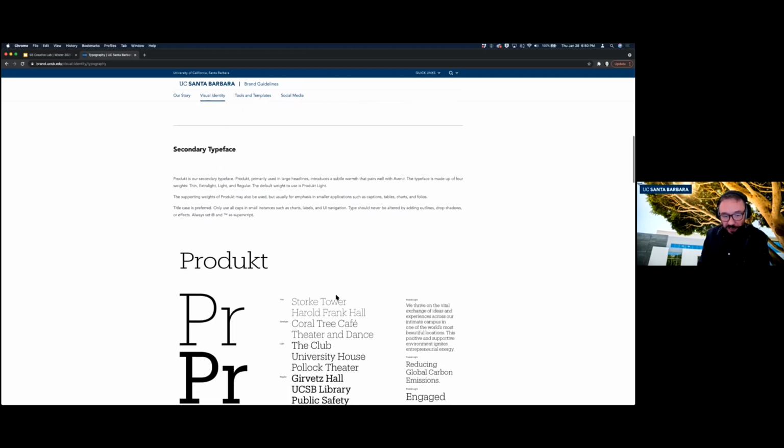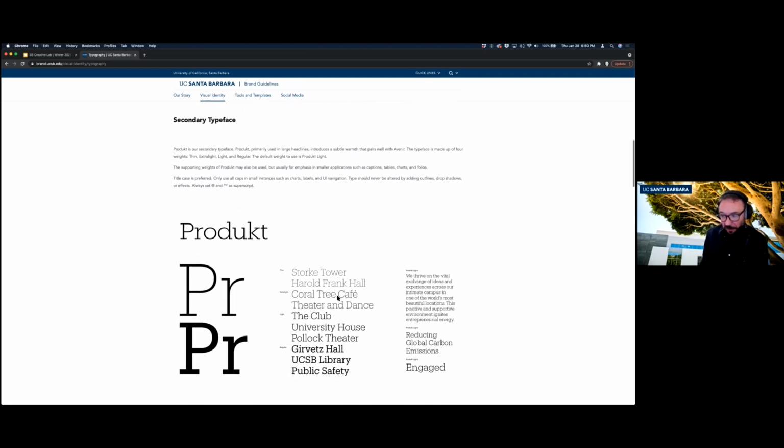We do have a secondary typeface, Product. This is a slab serif. So it's a little bit different than your traditional Times New Roman kind of serif, where in a slab serif, we've got these really sort of straight serifs. And I think this is an interesting choice, and it was chosen to sort of nod to Minion, which was one of the previous typefaces that we used. And you see that this is what the UC in the word mark is made up of, Product. So it's sort of like 1 foot in the past, 1 foot in the future.